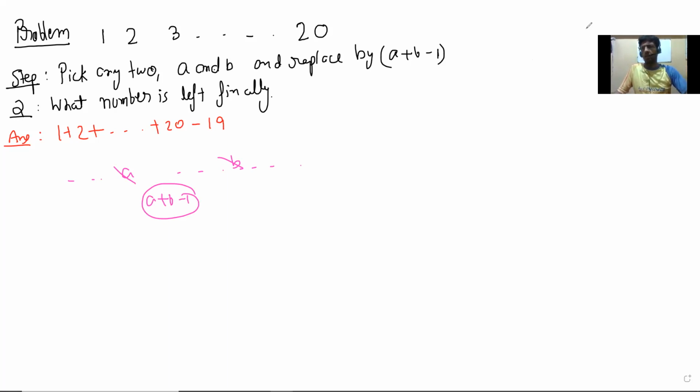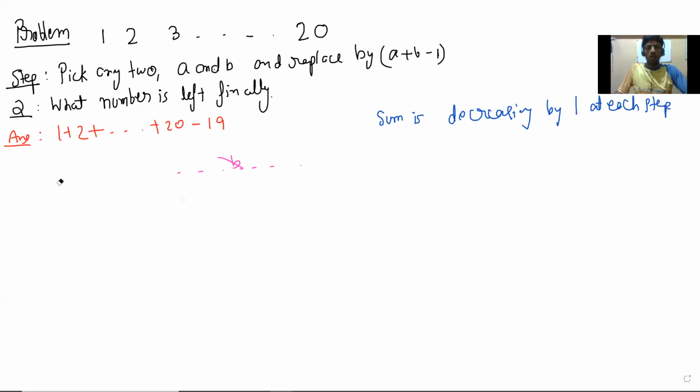That's a fine explanation. But if you want to put it in the language of invariance, then the right way to say it, and this is a spot on phrase, is that the sum is decreasing by 1 at each step. So the sum is decreasing by 1. That is the invariant, a kind of monovariant. So we should think of it like this, that initially,